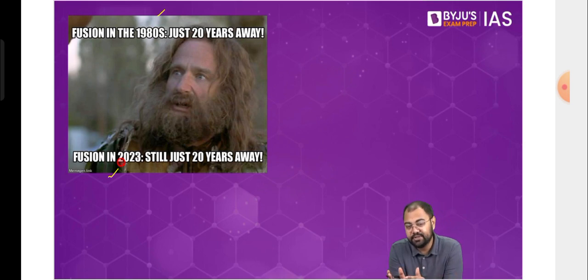With the help of ITER or with the help of the artificial sun that China has, we haven't been able to reach the kind of level that Lawrence Lab last year was able to. So that is why we see that we still are looking forward to it. We still are looking ahead in the next 20 years to find out whether or not something happens. Because see, even